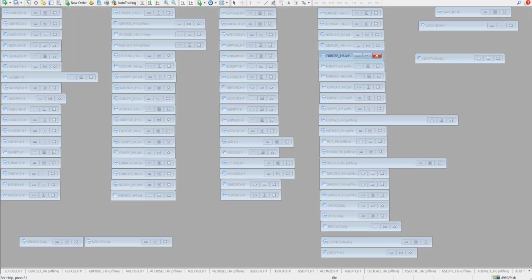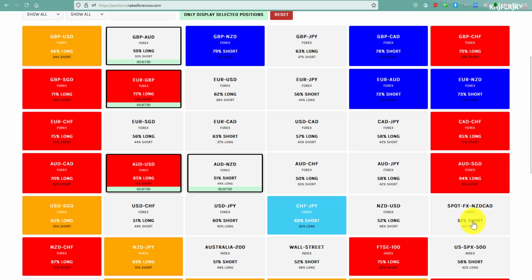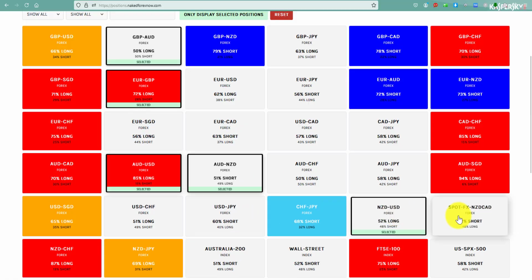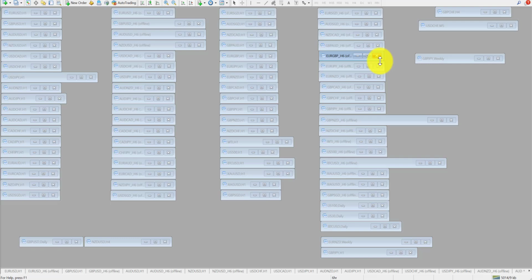And if I have neutral numbers where I have around a 50% mark, like the New Zealand dollar or the New Zealand CAD or the Aussie Kiwi, I would just expect the market to bounce off trend lines, bounce off horizontal support resistance. I wouldn't necessarily expect the market to rip higher or lower or break through any barriers. It's only when we see really strong numbers that we would expect it to break through any barriers. Is this making sense?